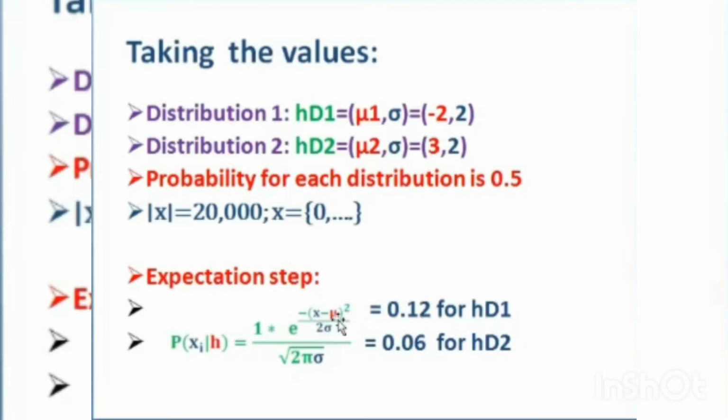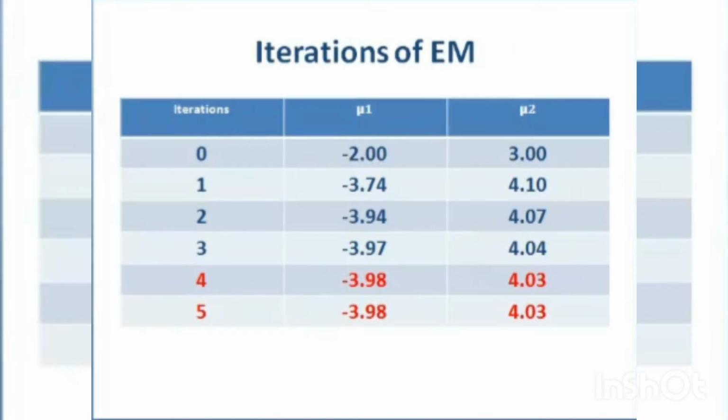Here, initially mu is taken for calculation, so I'll mention it as mu1. Then again to calculate mu1 dash, I take mu1 here. Again to calculate mu1 double dash, what I have to do, mu1 dash will be taken. Got it? So in each iteration the expectation step proceeds. How long do I have to continue? If I frame the values as a table, first time I'm getting -2, second time minus 3.74.